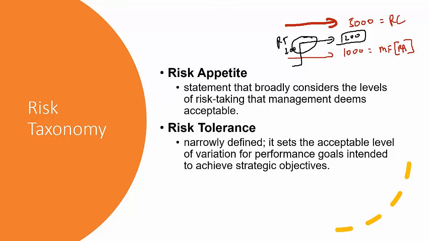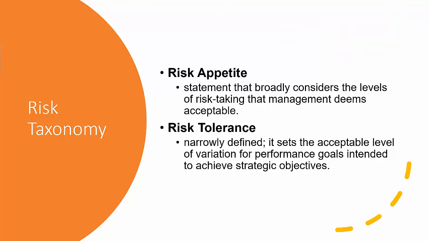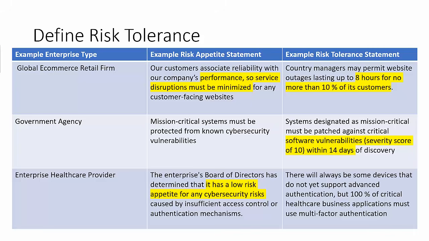Most drivers, however, will travel at a speed somewhat higher or lower than the actual speed limit, rather than obey the exact speed limit. So the point at which law enforcement starts to ticket speeders can be viewed as analogous to the risk tolerance. Okay, so the risk tolerance can vary. It is very important, when you're creating a risk management policy and a risk management system, to set the risk tolerance. So we have some examples here for the risk tolerance.